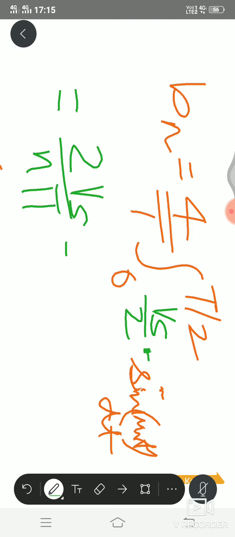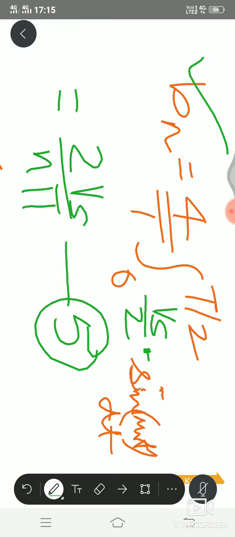Tell me the equation number. I think it is 5. So equation number 5, Bn. This gives us the coefficient Bn's value. Now we have to go back to equation number 4. There we have to put the values of a naught, an and bn. A naught and an are 0. Only we have to put the value of bn. So go back to equation number 4. So I'm just rubbing it out.